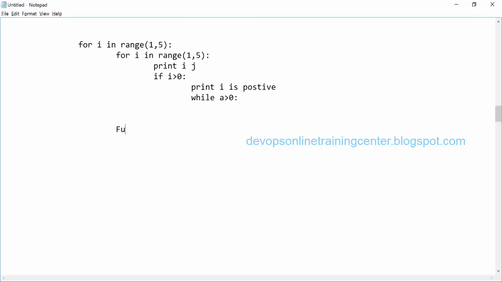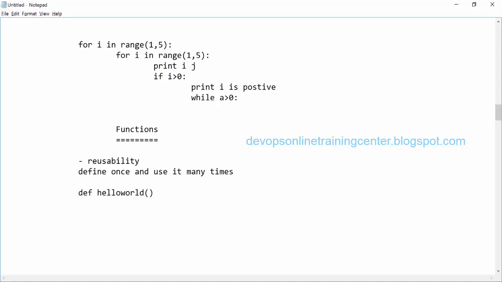Okay, so there is something called functions as well: data types, loops, then functions. A function is for reusability; we can define a function once and use it many times. We can define the function, and we can call the function. So let's say def hello world.